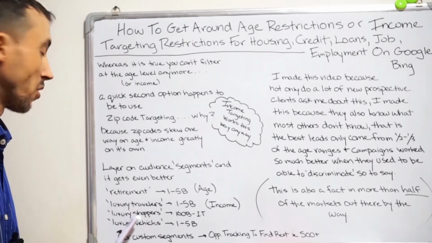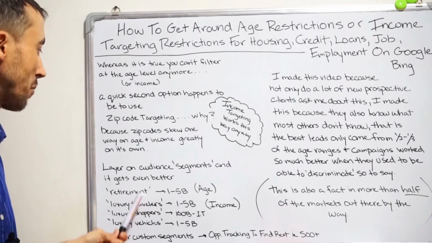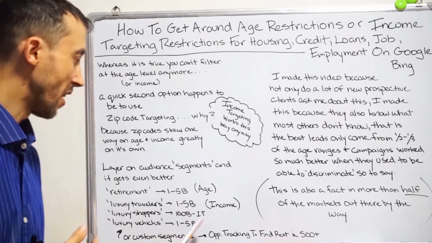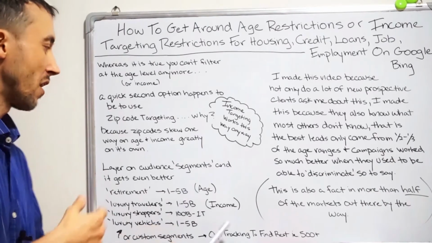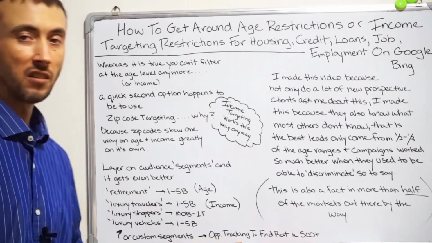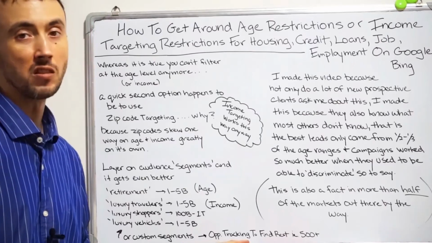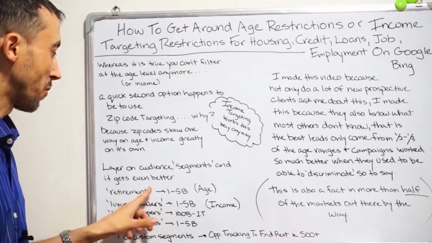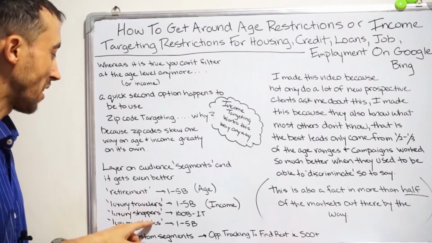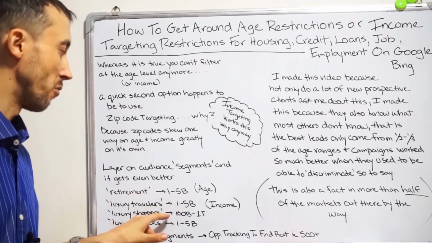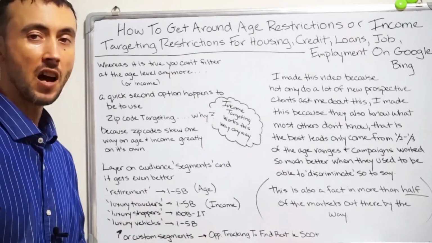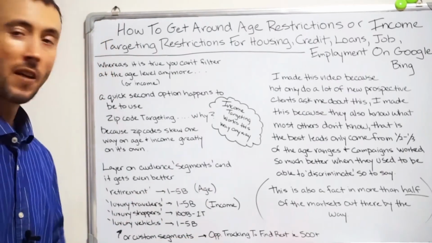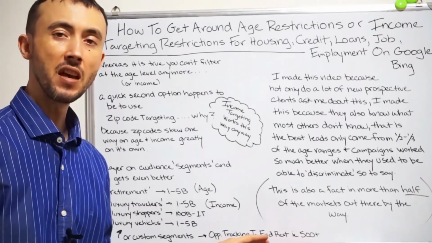You could start with, or you could just use the segments I gave you here to filter down people based upon them needing to be older or higher income. Or you can go ahead and add, there really isn't any limit that I've found. You can add 1,000 of these audience segments and then just see what happens. Respectively, maybe you'll filter the way that I gave you, that I filter for age or income right away. But you also have 500 other audience segments, and you're just seeing what goes on with those. And then eventually, you'll know how to bid.